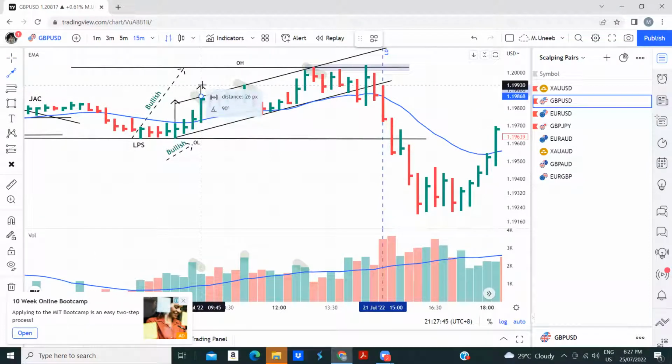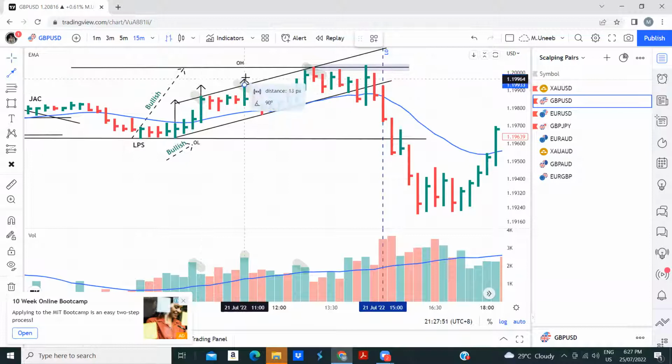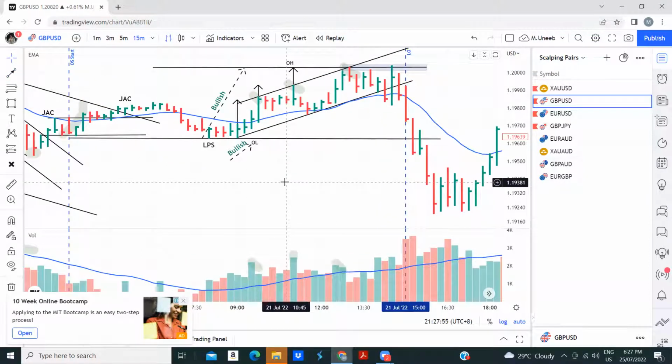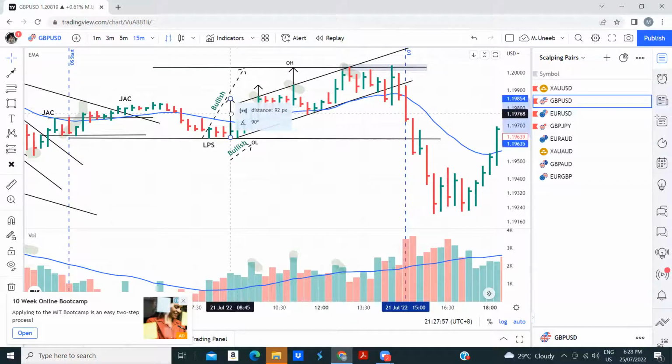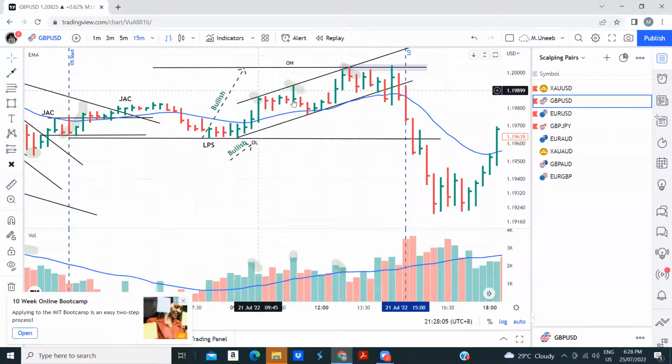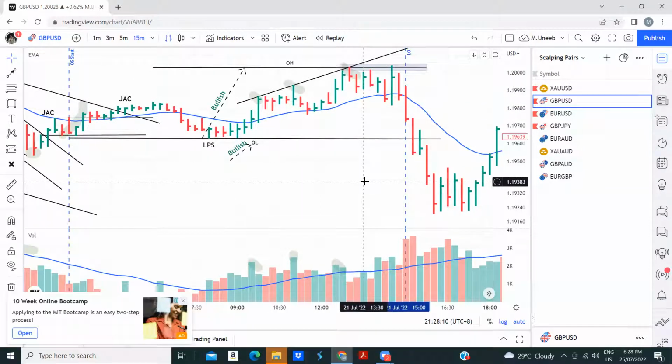From here to here, very small progress. Can you see? Compare the progress from here to here. And then from here to here, another small progress. This is SOT. Compare now. Compare this progress, compare this progress, compare this progress. This is SOT. Because even if you don't draw the line here, if you don't draw this channel here, can you see the SOT or not? Right?